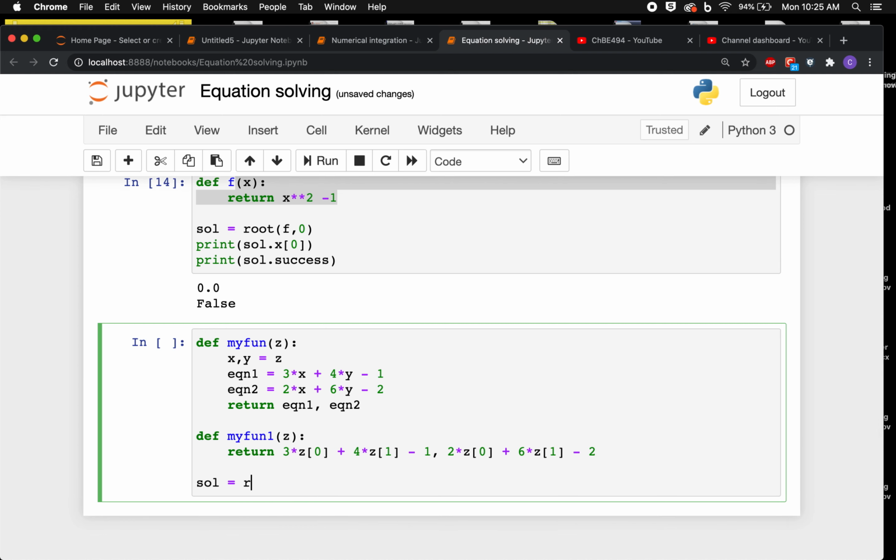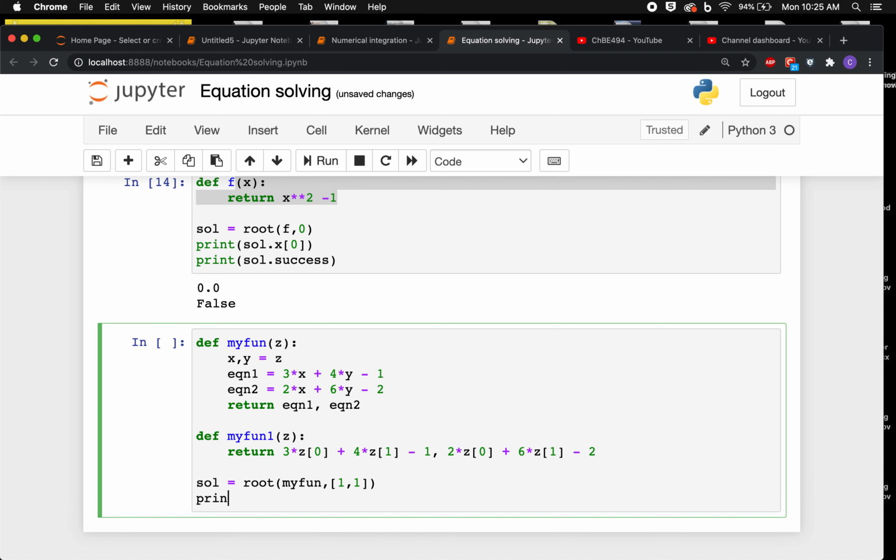So I could do sol is, again, root of, let's just do my fun. And now I have to give a guess. And I have to give 2 guesses, right, an array. And this actually allows it to know that everything works well because it's a 2-dimensional array which tells root that it expects 2 equations being returned. So I can print